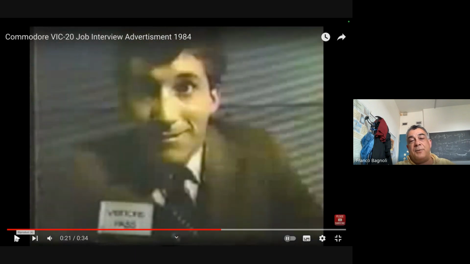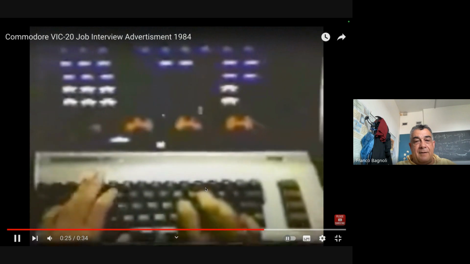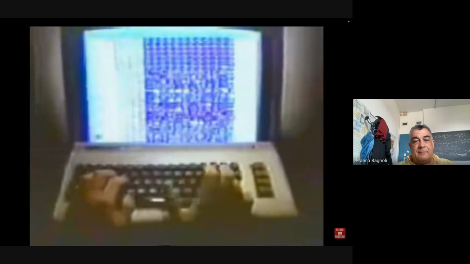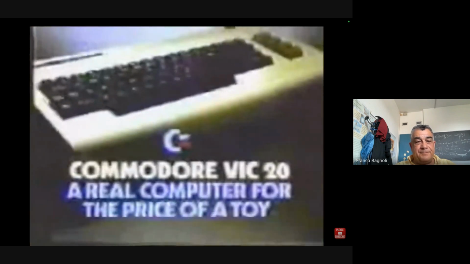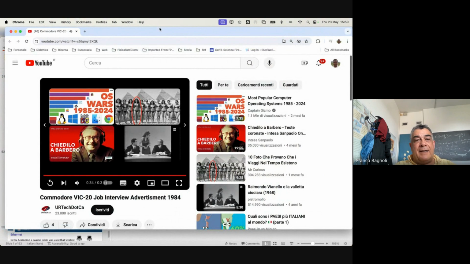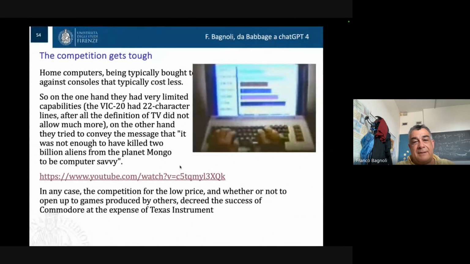And they say, this is computer games, but what do you know about real computers? So essentially, while consoles were good for playing games, the idea of a home computer was that it could be used also